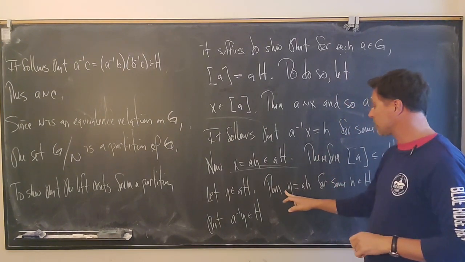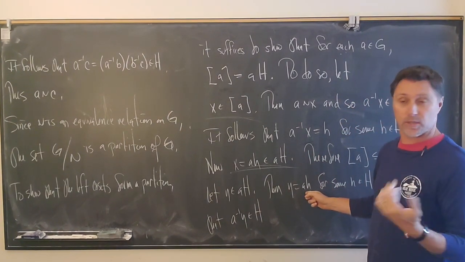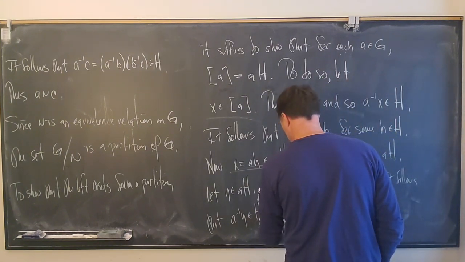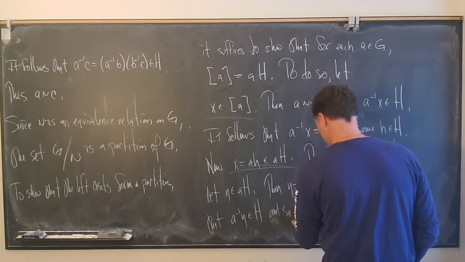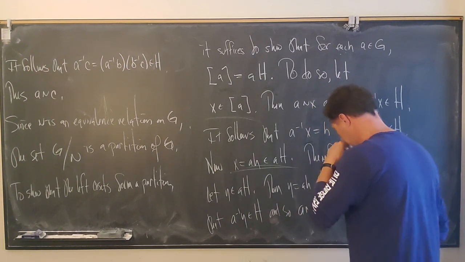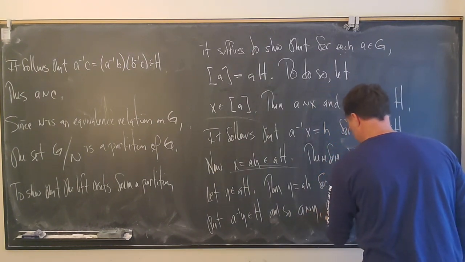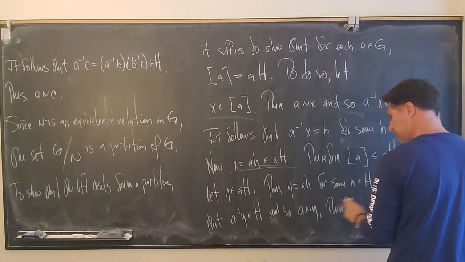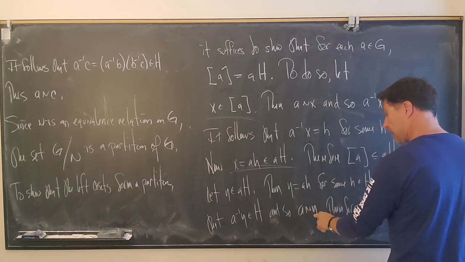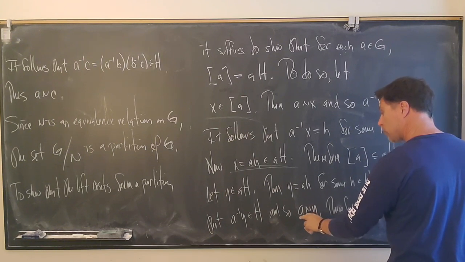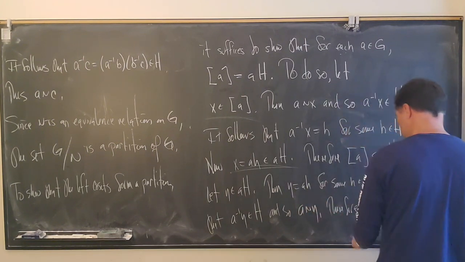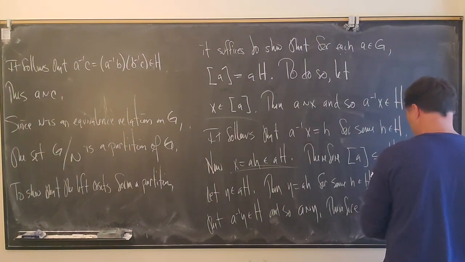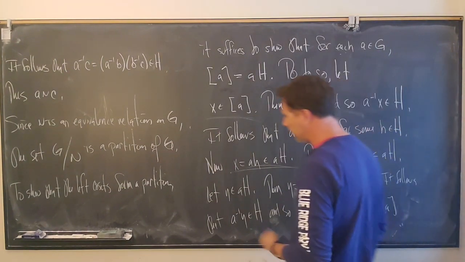Because a inverse times y is equal to little h, which of course is in capital H. And so a tilde y. Therefore, if a tilde y, that means that y is equivalent to a, which means that y lives in the equivalence class of a. So therefore, y is an element of bracket a. And we conclude